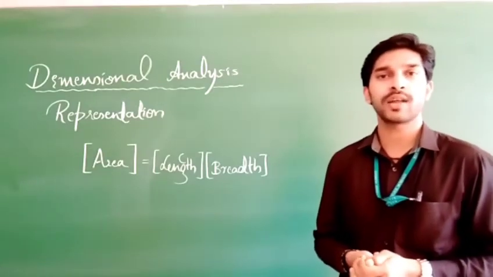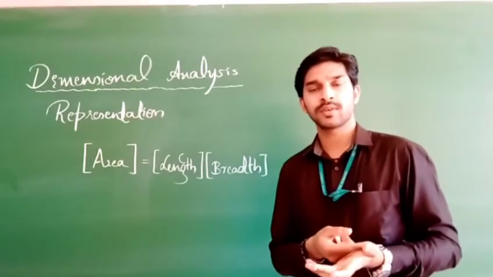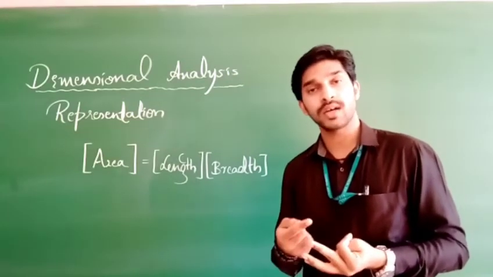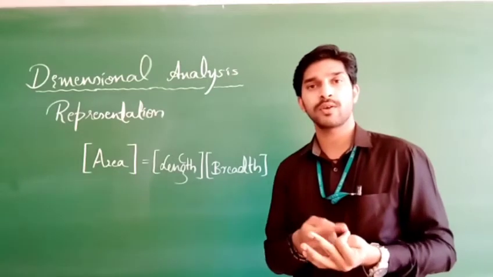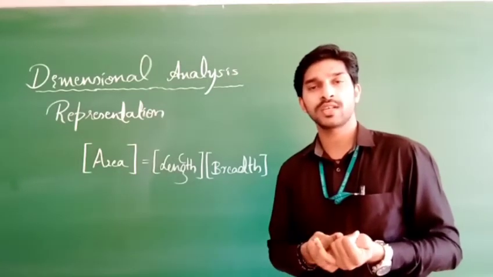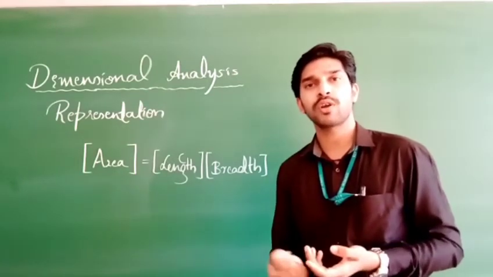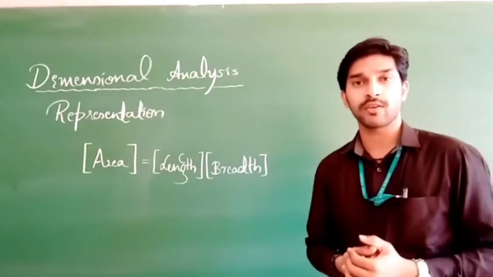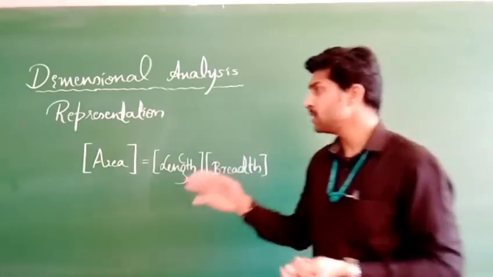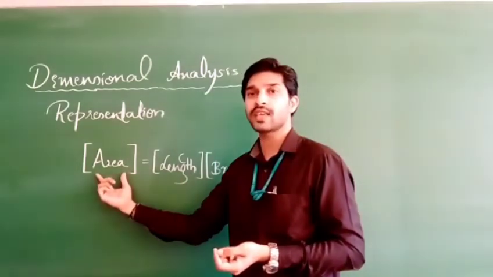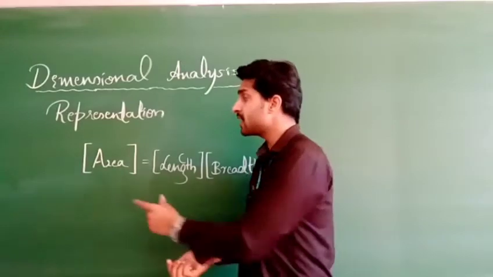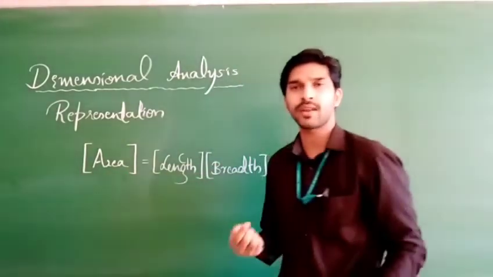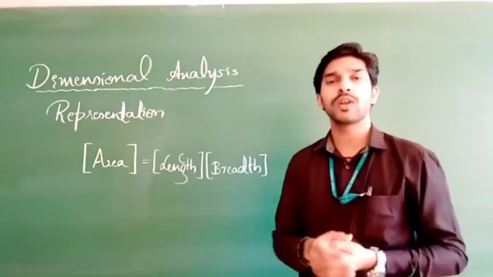There are 7 fundamental quantities. Length is a fundamental quantity. Next, mass is also a fundamental quantity. Then time, luminous intensity, temperature, amount of substance, and current are all fundamental quantities. Area is not among those fundamental quantities, correct? But area is a derived quantity. We derive the area factor from two well-known length factors.